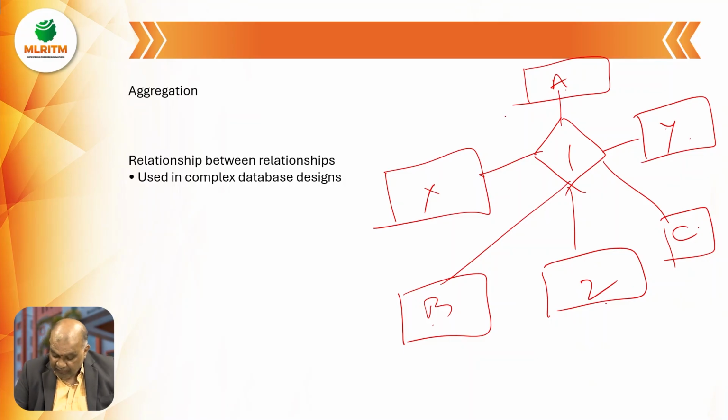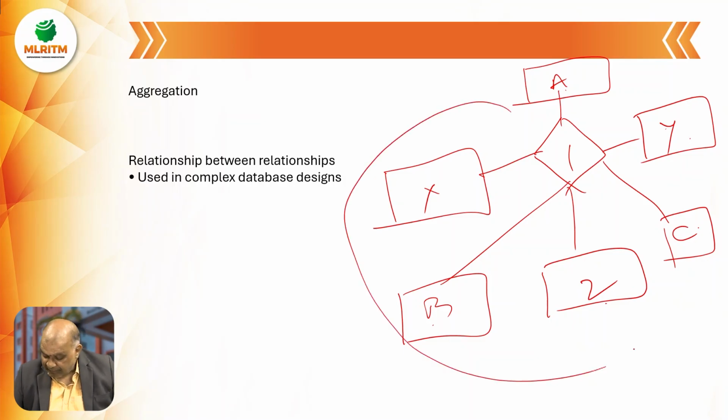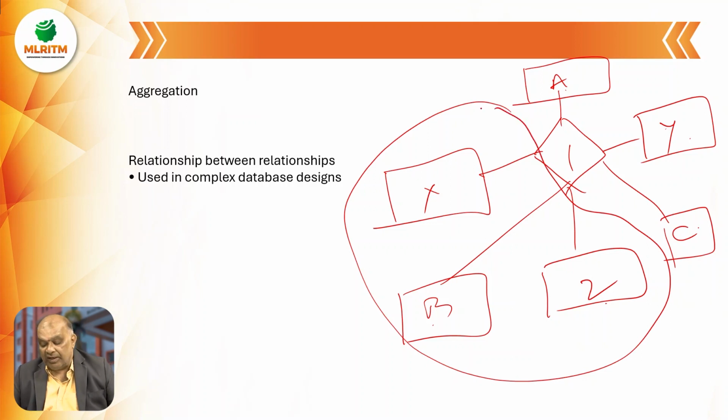Suppose I am going to say only this one. What is the meaning of that? The entities X, B, and Z, they are in relation with